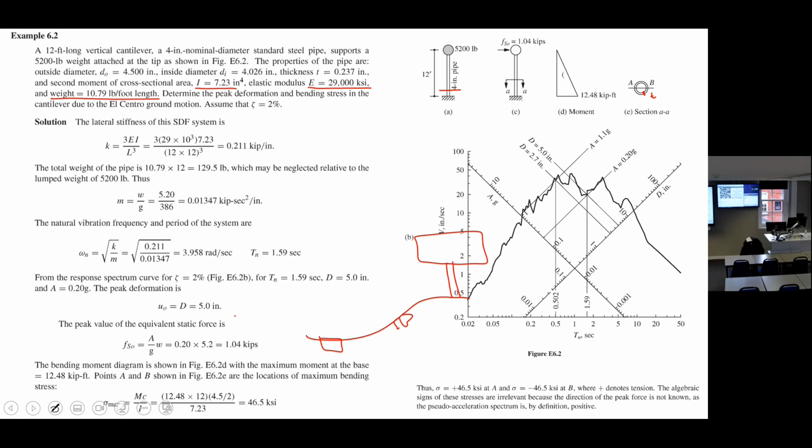So, first of all, we want to simulate this system with a single degree of freedom. And for that purpose, for any single degree of freedom system, we need 3 parameters. Damping, we have it, 2%. Mass and stiffness. Mass, the water mass is